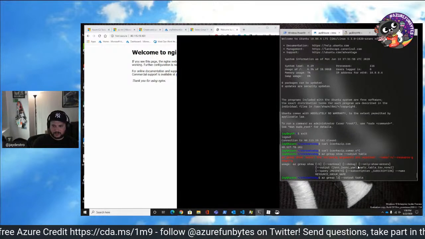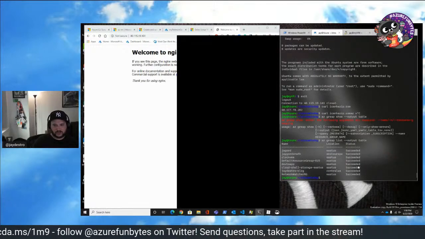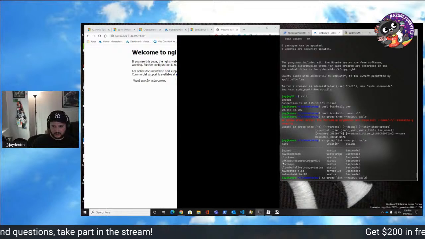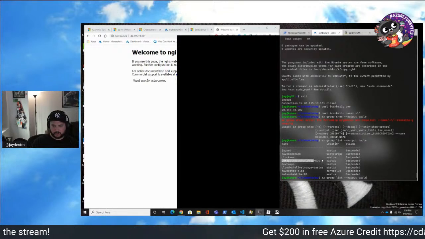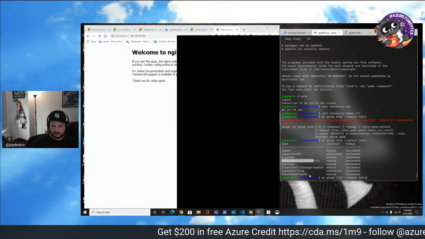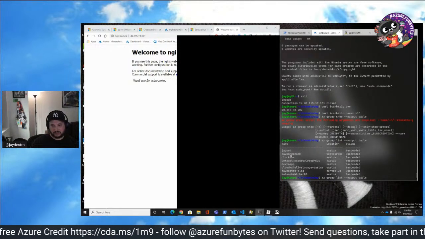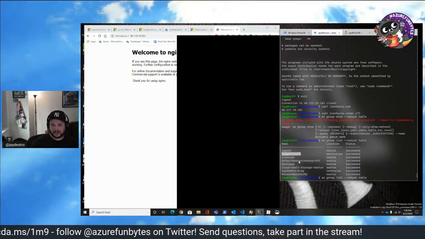Okay, so what we're going to do here is list. So az group list, it lists all of our resource groups. And then what we're going to do is delete this default resource group EU. No, not that one, excuse me. We want to delete this J Gordon AFB one. I would have to delete that other resource group at some point.